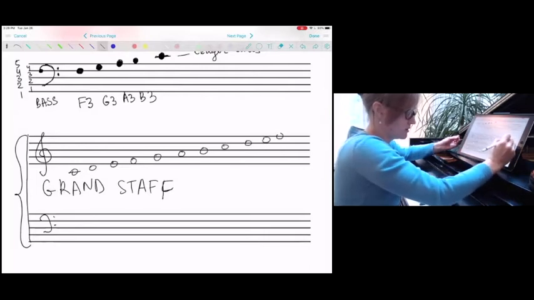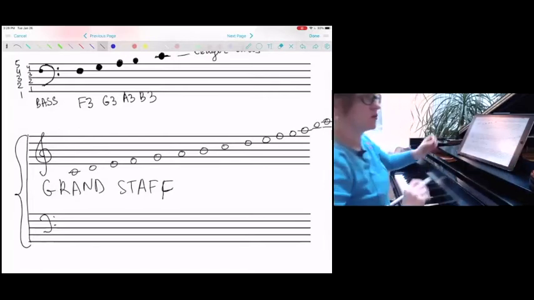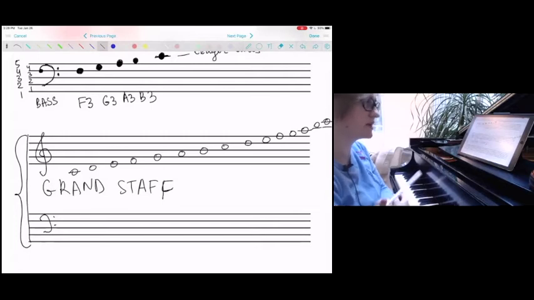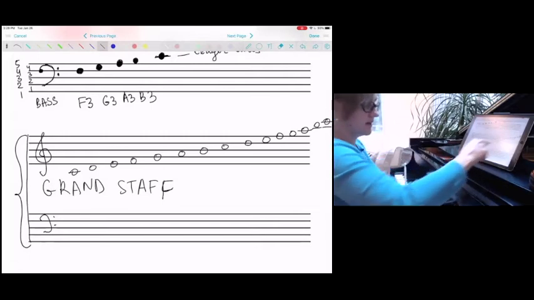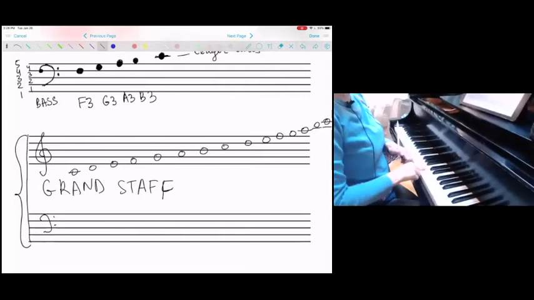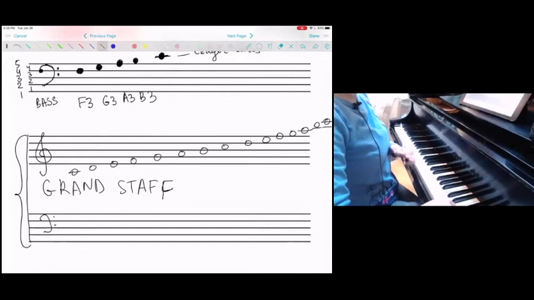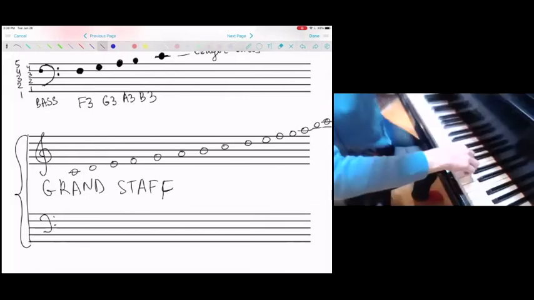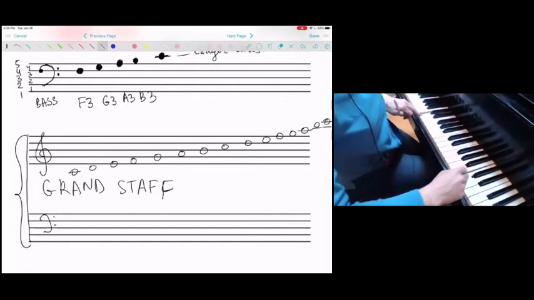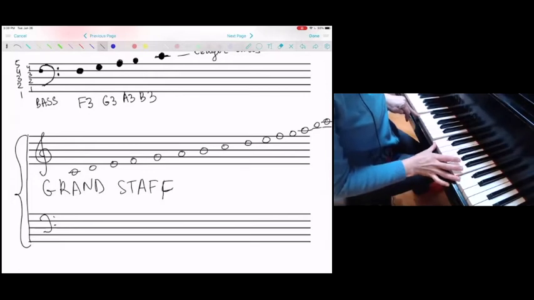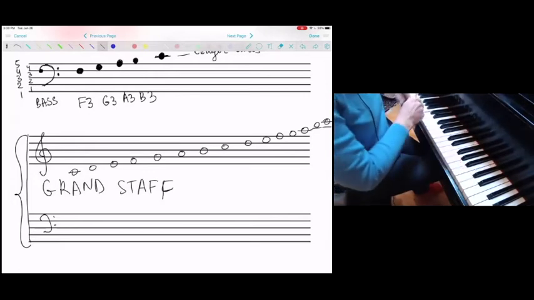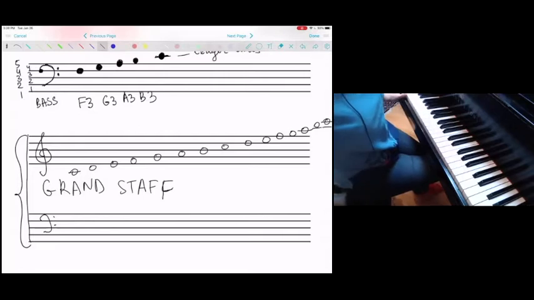Look, we can go on and on and on, and then start using the ledger lines like this. We can use up to 4 ledger lines, and that's common. So if I do that, I actually covered all of the notes from middle C, going up all the way to C6. So I covered this range here. That's 2 octaves. And I can do the same thing, covering 2 more octaves